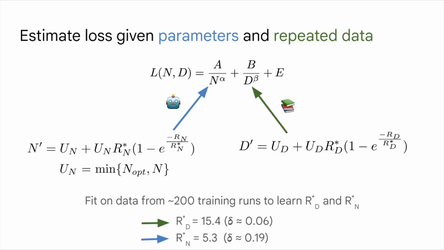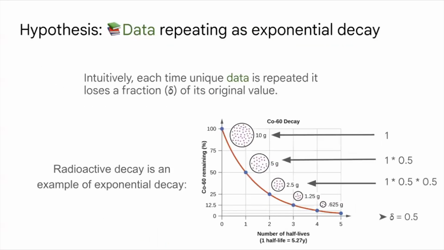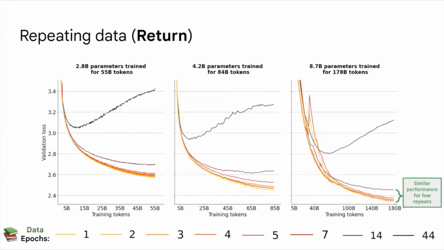Can I ask a question? I'm also trying to understand the intuition for this parameter decay. The thing I don't really get is why, when you repeat data, you are learning the same features, because there's also an optimization issue here, right? As you do more epochs on the same data, you might learn better features because you make better use of the existing data. This also goes back to the plot you had a few slides ago, where you showed that the loss gets worse if you have too many repetitions, 44.